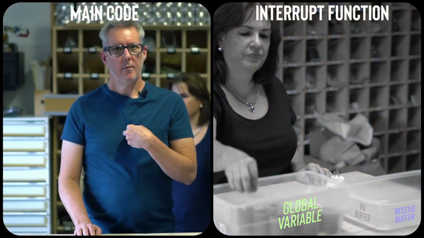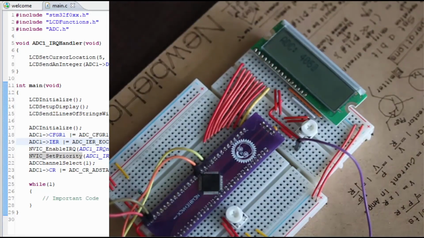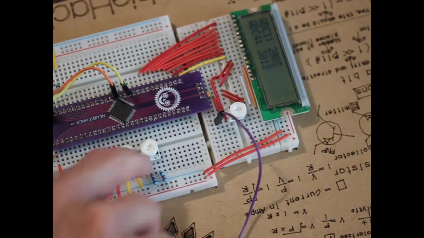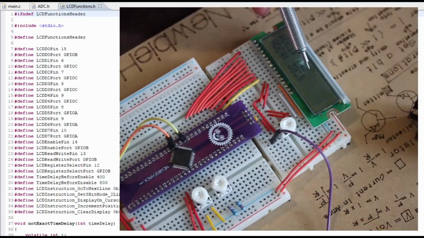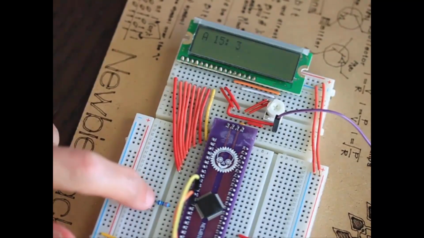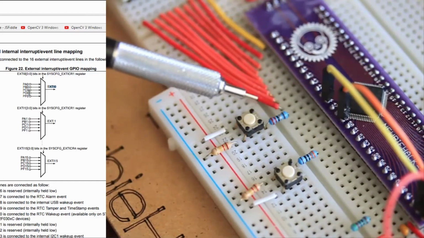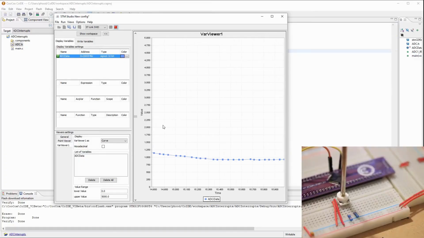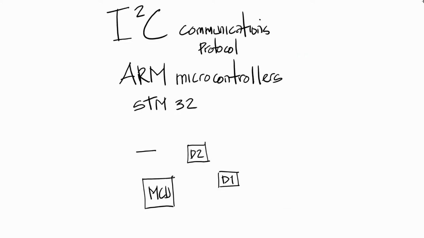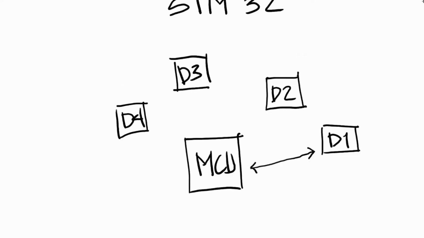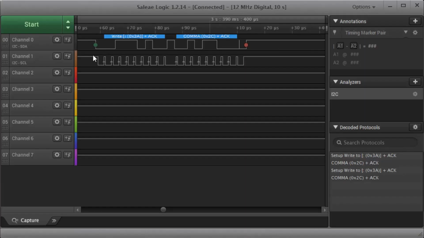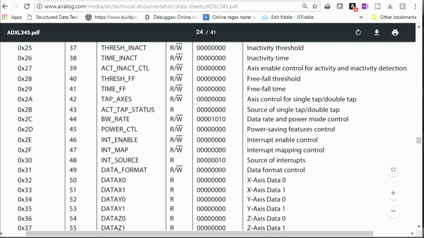Introduction to interrupts, using interrupts for ADC conversion, using interrupts for ADC conversion with 2 channels, fixing an artifact on the LCD, push-button interrupt, internal interrupts on 2 pins, switching output to STM Studio rather than the LCD. Then we'll cover communication protocols, introduction to I2C communication, communicating with the ADXL 345 accelerometer using I2C, writing a single